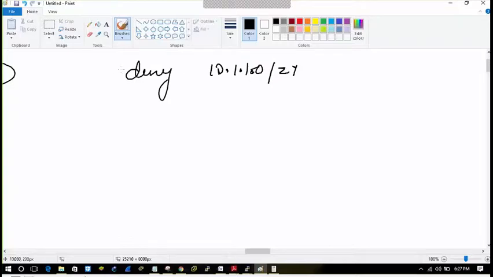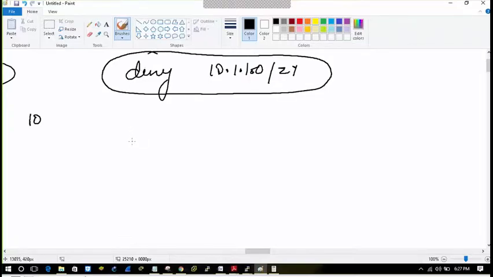Okay. Now, for example, I want to only deny this range of IP addresses, and the rest I want to permit. Now what will happen? For example, 10.1.1.1 will definitely match it, and it will get denied. So this is the statement. Are you getting it, Sarup?